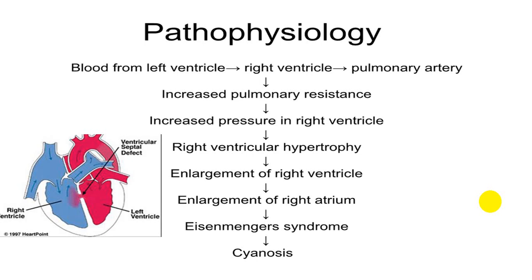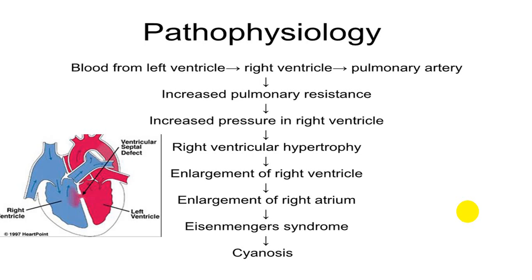While in case of a Roger's defect, during ventricular systole, as the ventricle contracts, myocardium will contract, and in the presence of a muscular defect, or we call Roger's defect, the defect will close during systole. So there will be very minimal flow. Usually they are asymptomatic, but a murmur will be produced at the level of the interventricular septum. But it will not be a pansystolic murmur. It will be a short systolic murmur, and that will be very characteristic in a case of a mild defect, or we call it the Roger's defect, or a small defect, which is less than 5 millimeter.